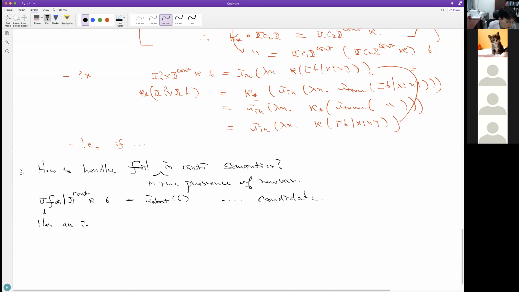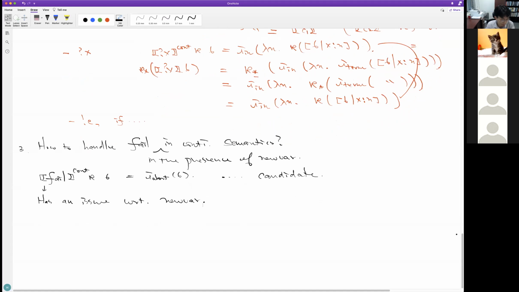Especially with respect to the new variable declaration. So what is the problem? The problem is like this. If you declare a new variable, and then you just fail, with kappa and sigma, we are expecting the output to be the same as the expected output.